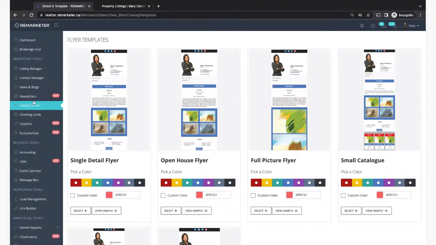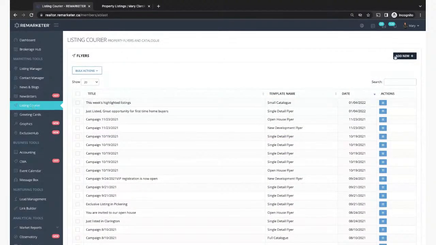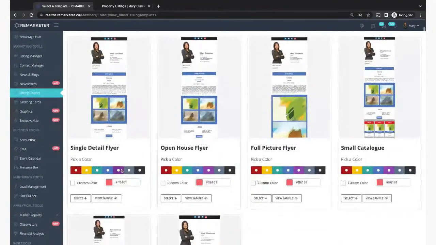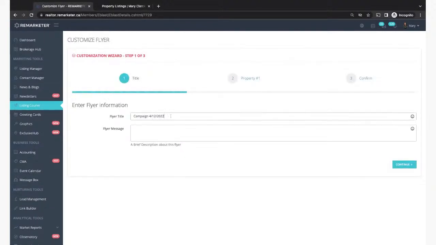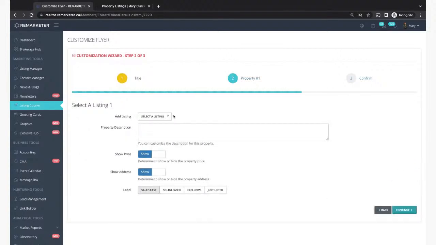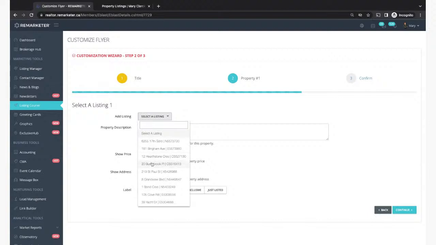So for example, if I want to add a new campaign here, I'll go to Listing Courier, add new, and let's say I want to send out a single detail flyer, which would include all the information here. So it's just a just listed campaign that I want to promote here. So I would put in the flyer title, just listed in, I don't know, ABC area. And then I'll put in there, so beautiful property, just listed here, call me if you have any questions, etc., etc. So you put in your flyer message, continue,